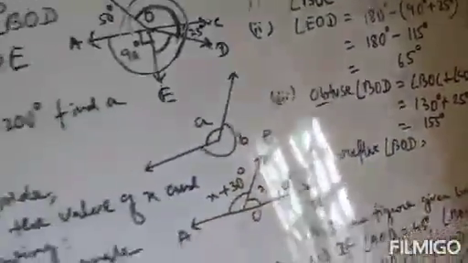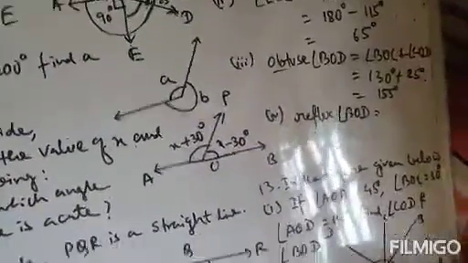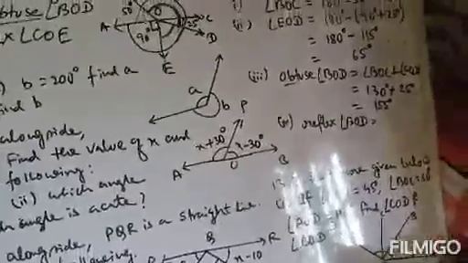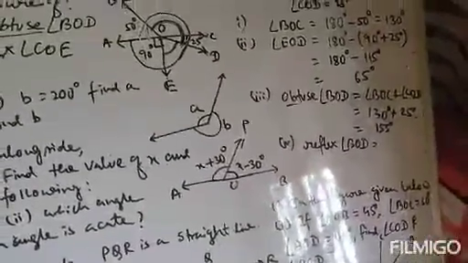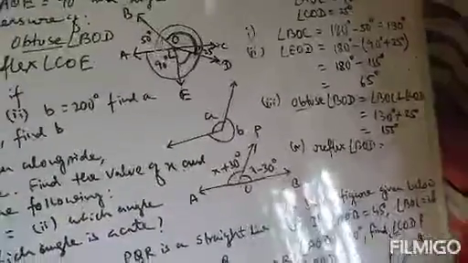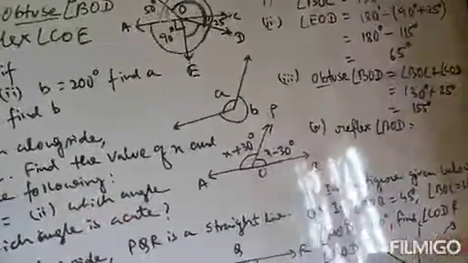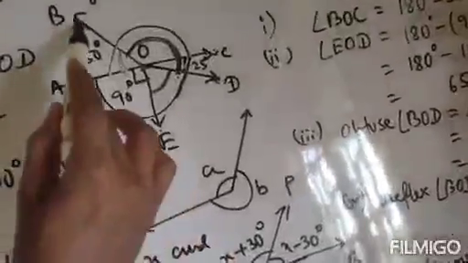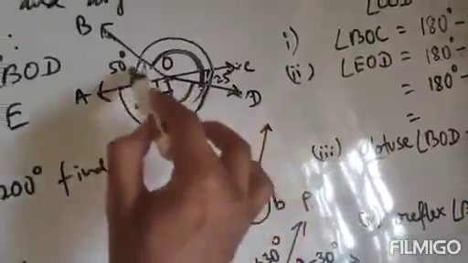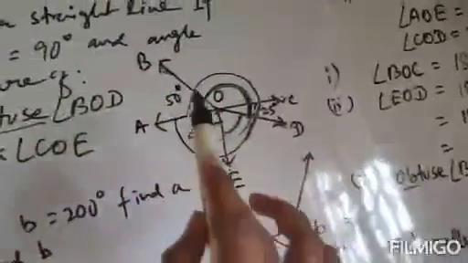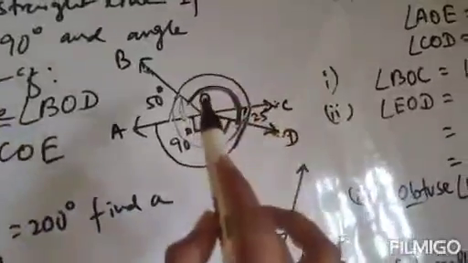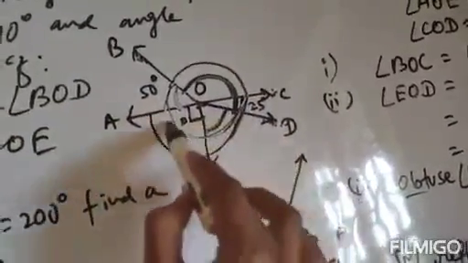and this is reflex. Now what is reflex angle? Reflex angle means an angle whose measure is greater than 180 degree but less than 360 degree. That means its measurement will be in between 180 degree and 360 degree. That is reflex angle. So reflex angle BOD, that means this total part. If we say obtuse angle BOD, this is the obtuse portion. And if we say reflex angle BOD, that means this part, this is the reflex portion.